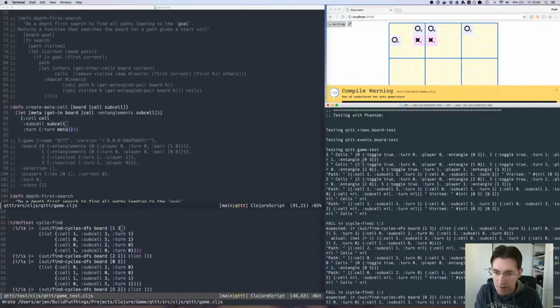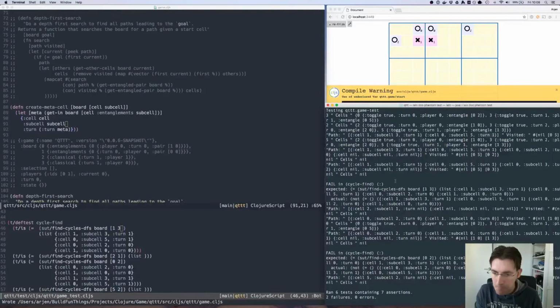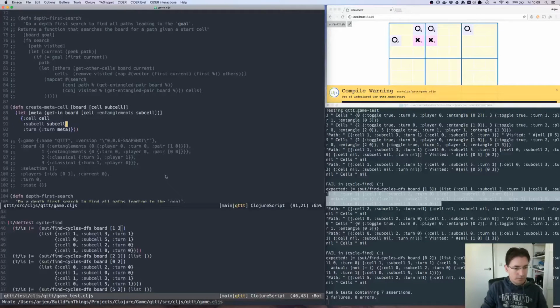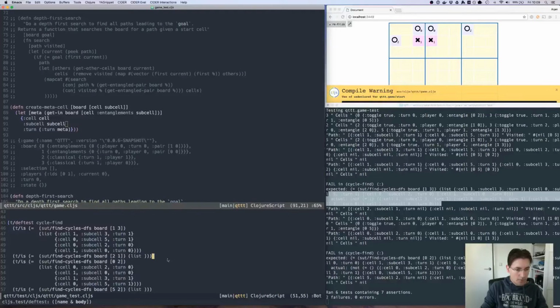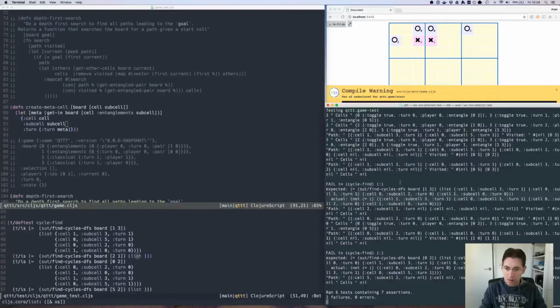So this test case seems to work now. And let's see about this one. So there's a path to 1, right? To 0. And it expected a list of 1, 3, 0, 5, 0, 2, 1, 0. So apparently this... now the 2, 1 that seems to work. Cycle find. So